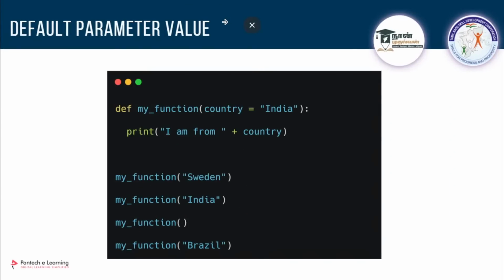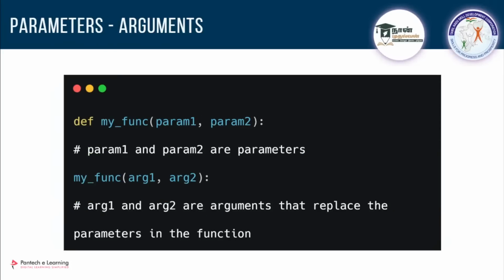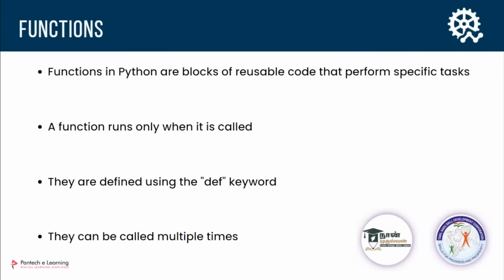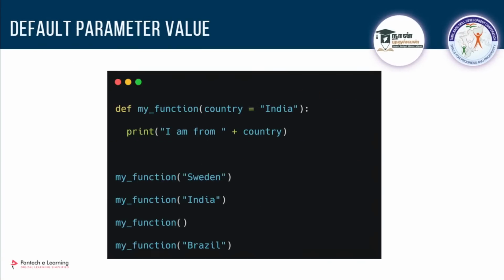So next one will be default parameter value. As I have told you earlier, so till now is it clear regarding keyword arguments, parameters, function? Any doubts? Can we start with this default parameter value? So now tell me, what happens if I'm asking for one parameter and if I don't pass that argument,